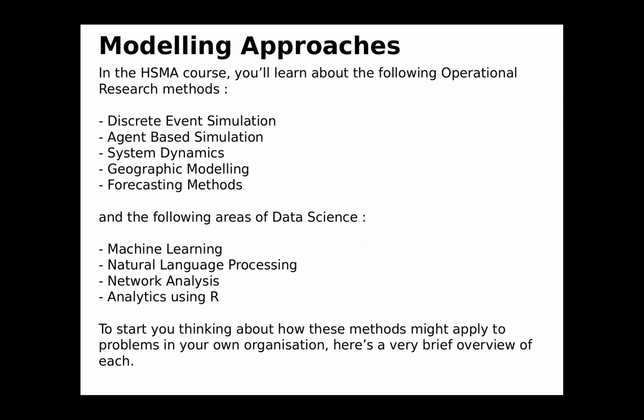And you're also going to look at the following areas of data science, which are primarily things like machine learning and natural language processing, where we use it to explore free text, network analysis, which is a fantastic approach for getting a handle on complex systems, and also doing some analytics using R. So the stuff you have probably traditionally done in Excel, but actually using a more robust language